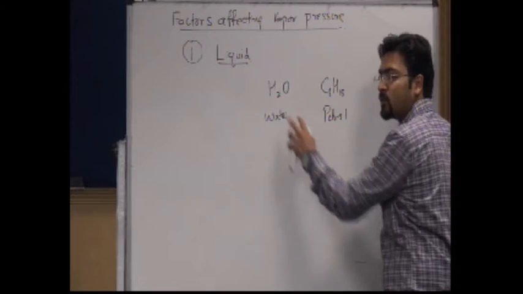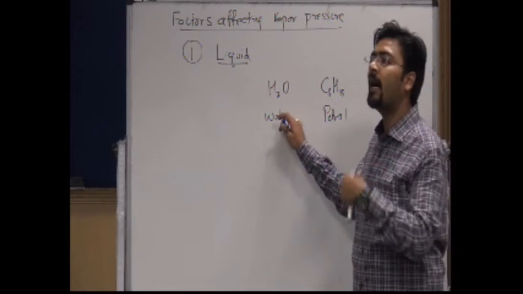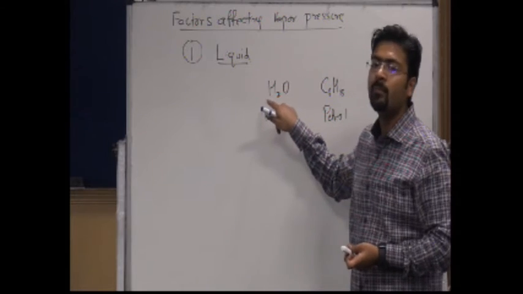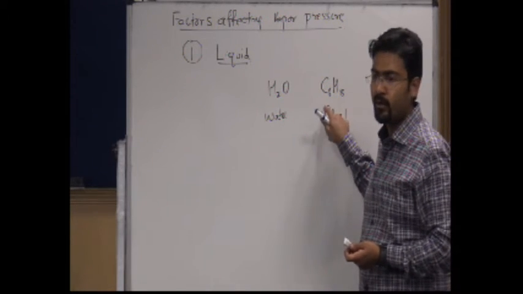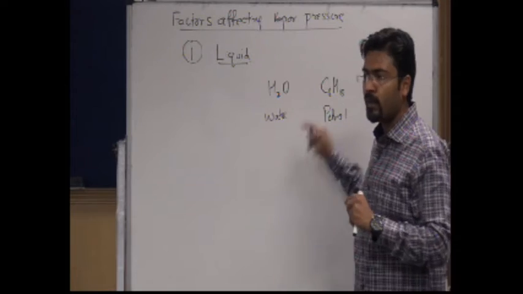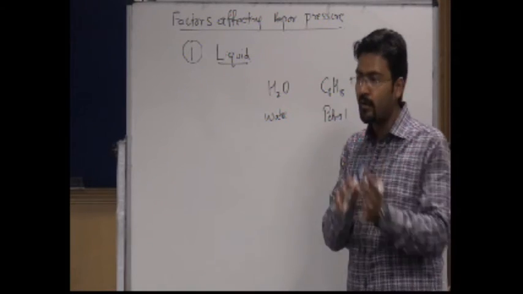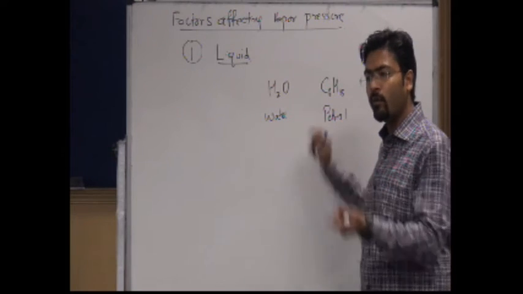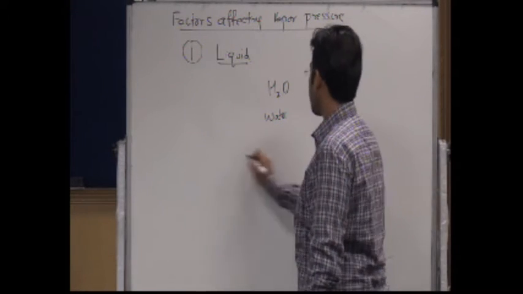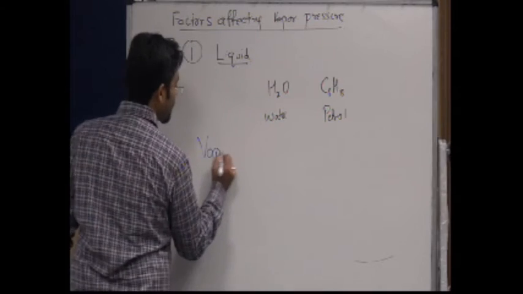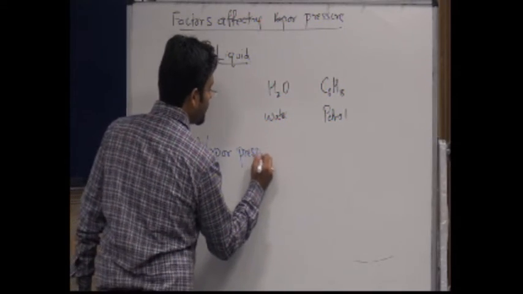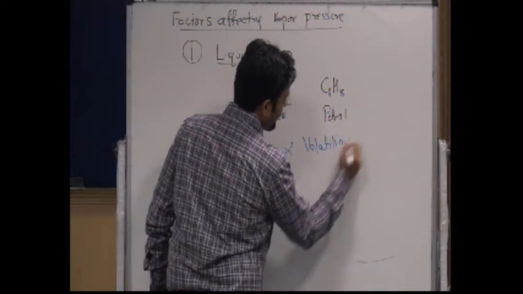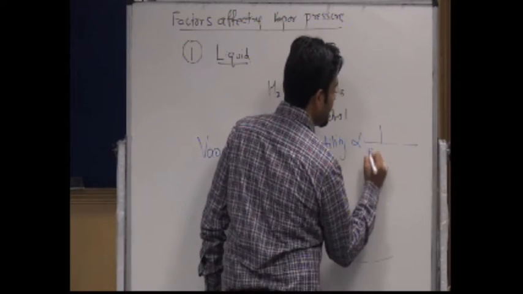So if one H2O molecule wants to go into the vapor phase, it needs a high amount of kinetic energy to overcome the attractions around, and thereby it will be less volatile, while petrol will be more volatile. Those liquids which are more volatile will tend to form more vapors under identical conditions in comparison to other liquids and will be exerting more vapor pressure. So can I say that while comparing the nature of liquid, I can compare their volatility, and which is related to